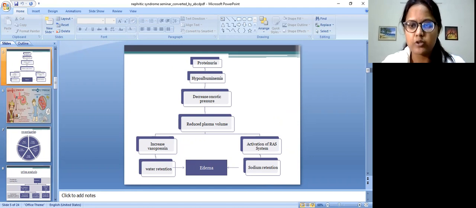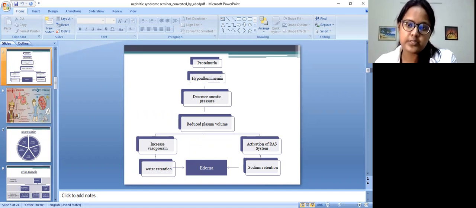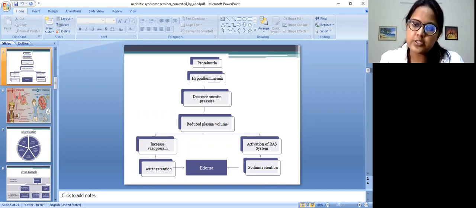So this is the basic pathology of both nephritic and nephrotic syndromes. There is proteinuria, and depending upon the glomerular injury, you have a barrier which consists of three layers: the capillary endothelium, then the glomerular basement membrane, and then Bowman's capsule, which is lined by podocytes. If there is more damage to the podocyte part, there will be more proteinuria and the patient will present with nephrotic syndrome. But if you have direct injury to the glomerulus or the capillary endothelium, you will have hematuria and less proteinuria, and the patient will present with nephritic syndrome.